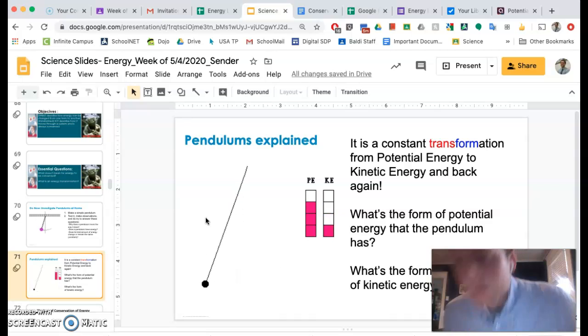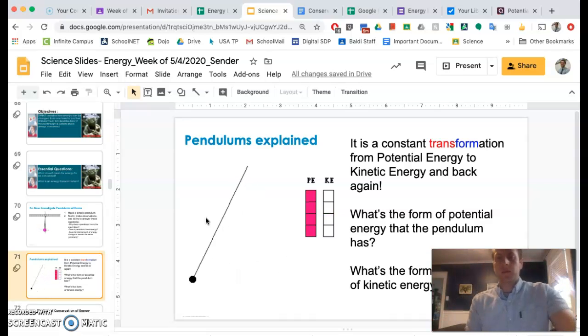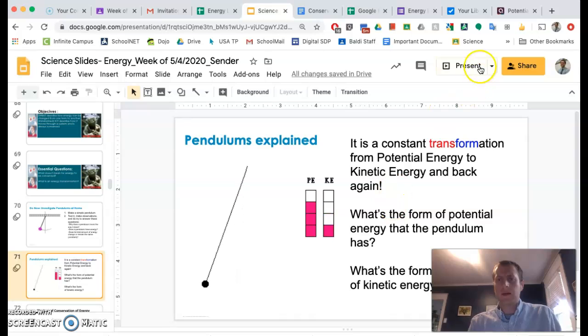That has nothing to do with energy. It's just interesting things about pendulums. I love them. If you take a look now at the presentation,